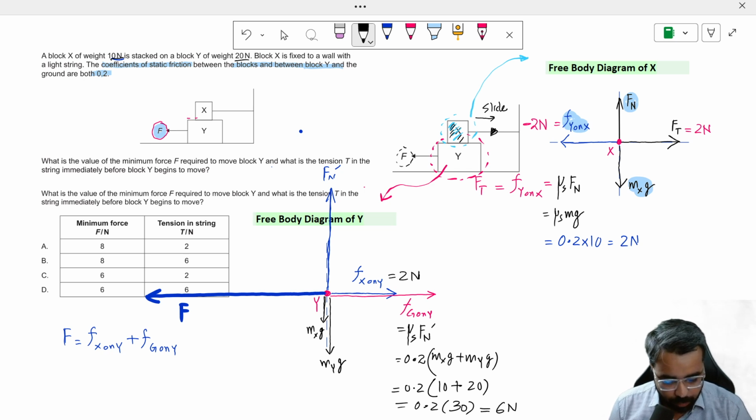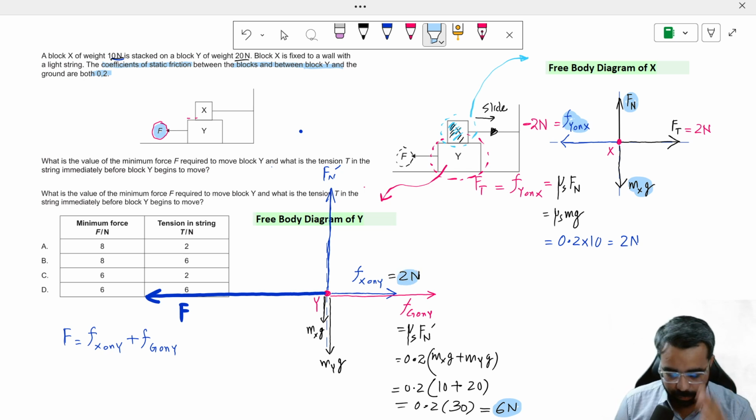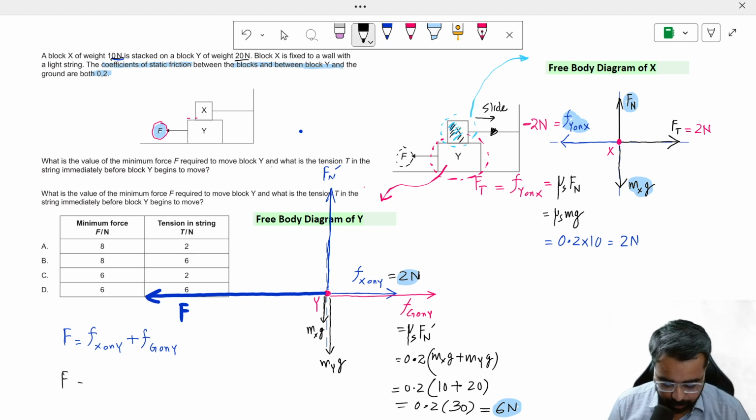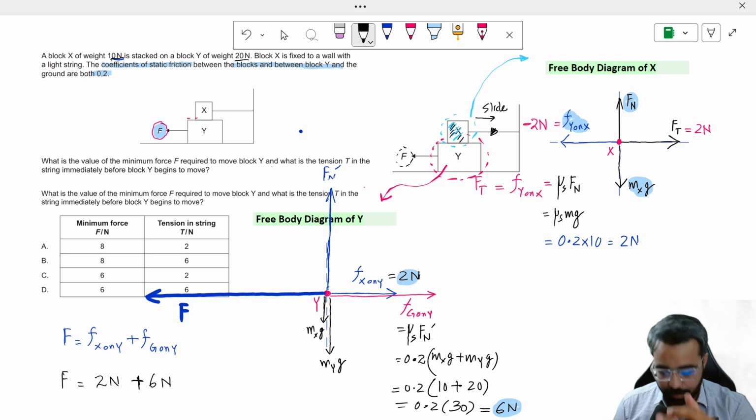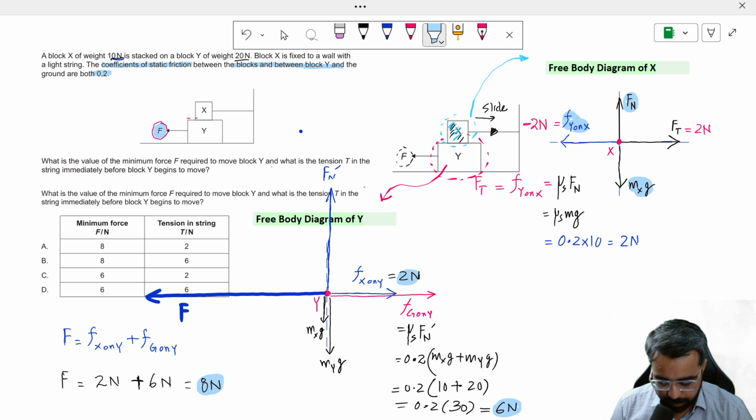Now we are at the stage when we know all the frictional forces applied on X and on Y. Let's put them in the equation. The minimum force must be equal to 2 newton applied by X on Y plus this frictional force, which is 6 newton applied by the ground on block Y, and together the answer is 8 newton. So this is our final answer, 8 newton and 2 newton. So the right answer should be